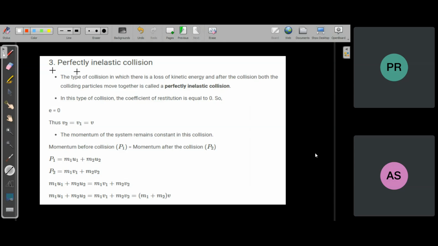Now here you have to understand that when I say initial momentum is equal to final momentum, momentum is a vector quantity. Whenever in the case of any vector quantity we say this is equal to this, you have to understand that you can break it into three components: one component along the x-axis, one along the y-axis, and one along the z-axis. And you can conserve momentum separately along the x-axis, separately along the y-axis, and separately along the z-axis also.